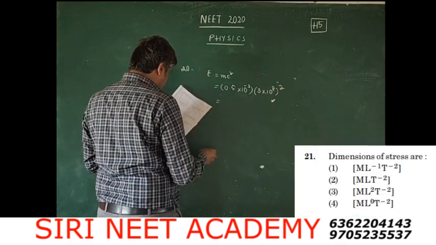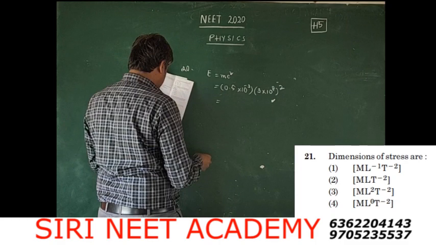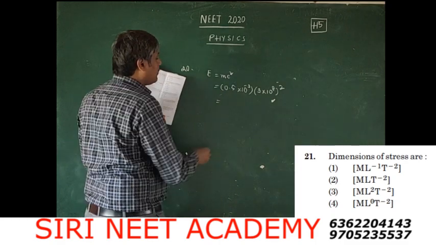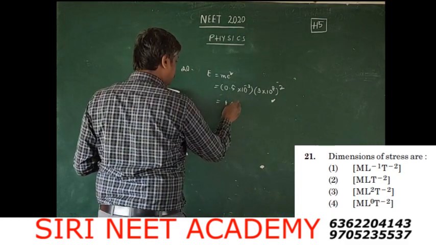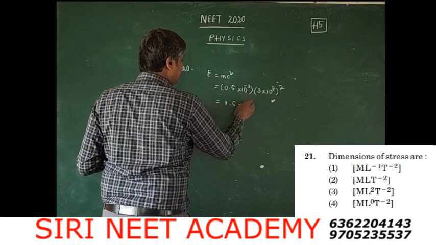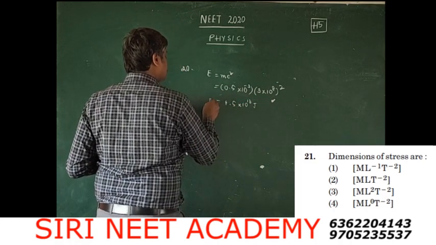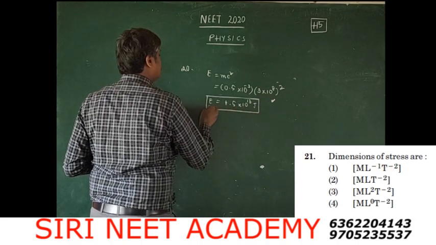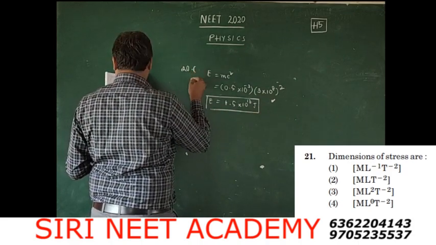So the E value turns out to be 4.5 into 10 to the power 13 joule. So the option corresponding to this answer will be